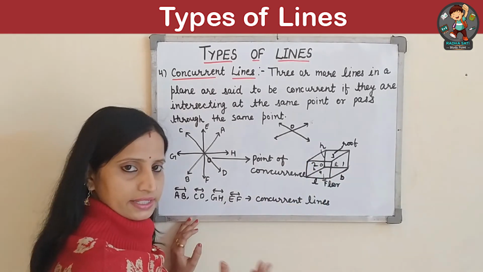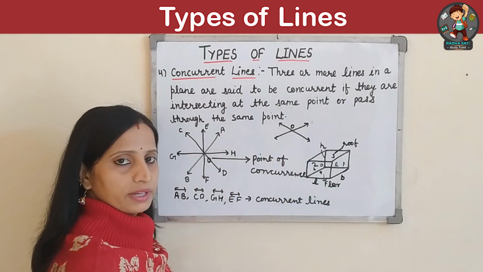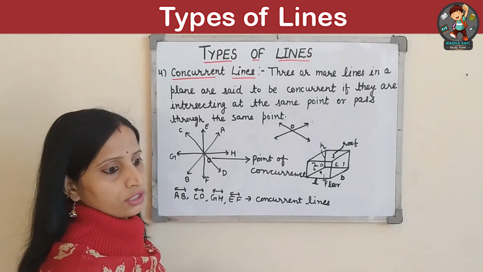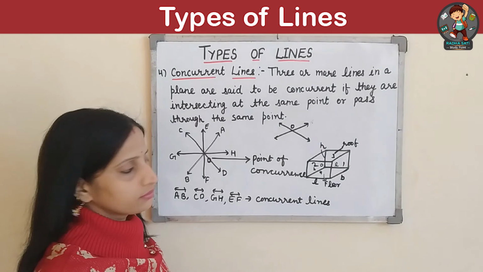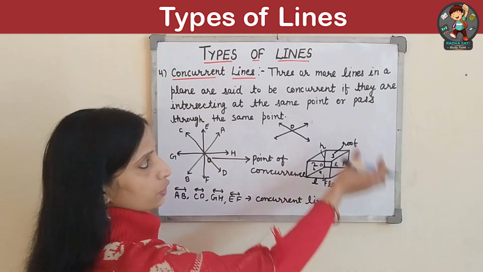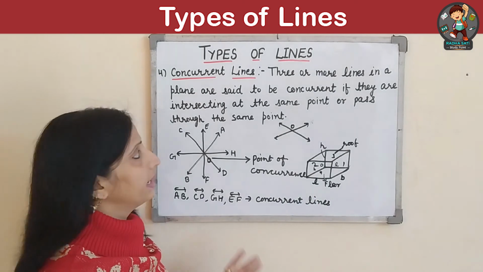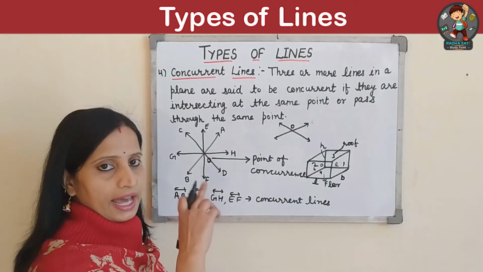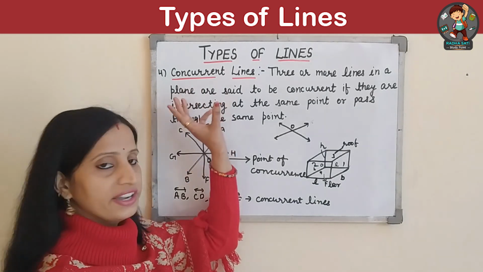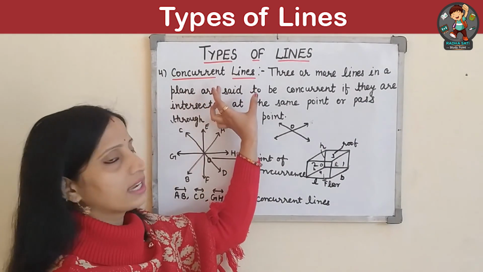Similarly, you may find various intersecting lines and so many types of lines in your room itself, or when you look around yourself, you can see various things. For example, the edges of the table top. In the table top, you may find that there will be angles of 90 degrees. So examples of perpendicular lines. Various things at your home you can find in which you can see intersecting lines. Okay. So I hope that now the concept of intersecting lines, parallel lines, perpendicular lines and concurrent lines will be clear to you.